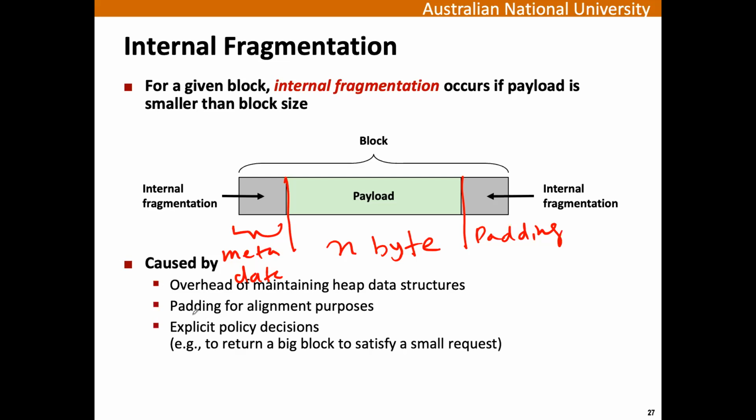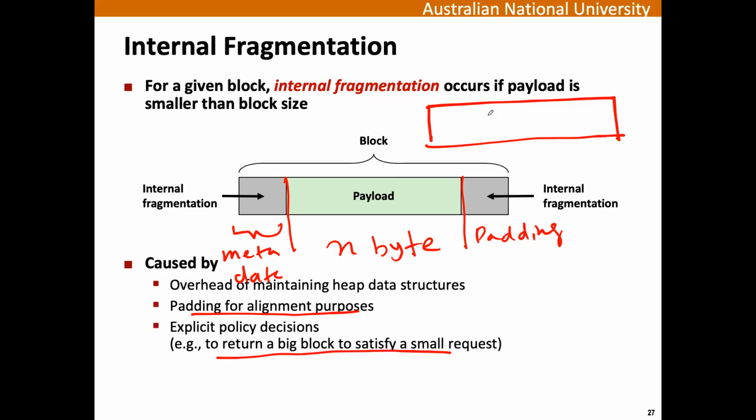So padding for alignment purposes, policy decisions to return a big block to satisfy a small request. At a high level, this is when the block that you are using for a specific payload is bigger than the payload. So this is the size of your payload. This is the actual data that you care about. And for some reason, you need to have a bigger block. It could be alignment, it could be because you have a lot of metadata, or it could just be the policy of the allocator. There is nothing left on the heap. There's only one block left, and that block is returned or used for